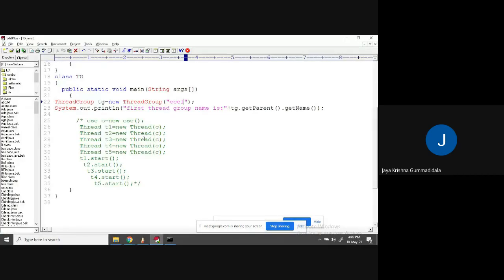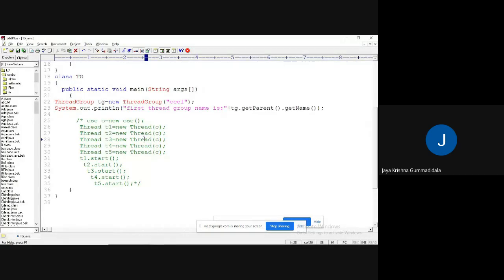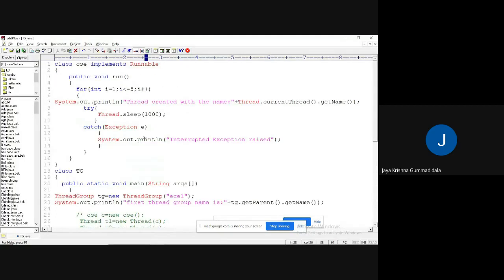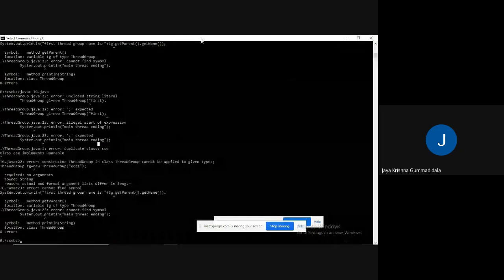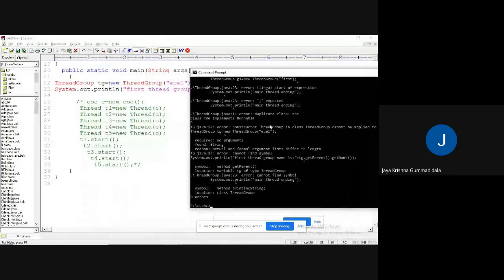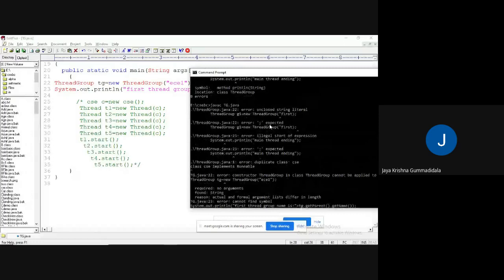What's happening in this program? It is executing the group which I didn't define at all. See, guys, I didn't write any code related to the G1 method, all this.